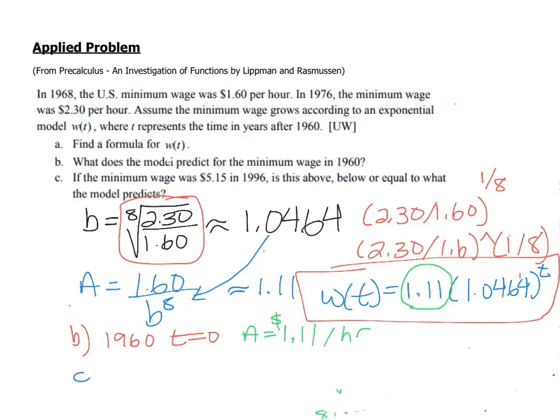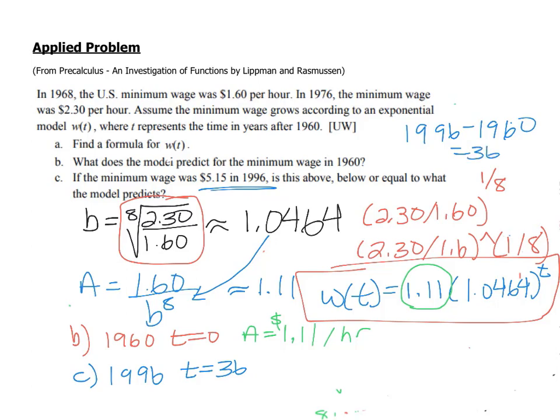In part C, they're asking us, what is the minimum wage in 1996? So 1996 would correspond to t equals, well, that's 36 years after 1960. The way I found that is I took 1996 and subtracted 1960 and got 36 years. And so all we need to do is plug in 36 into the formula that we just built: 1.11 times